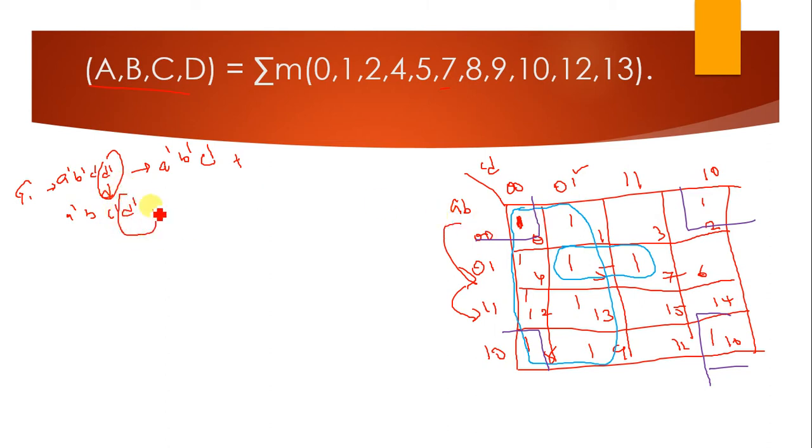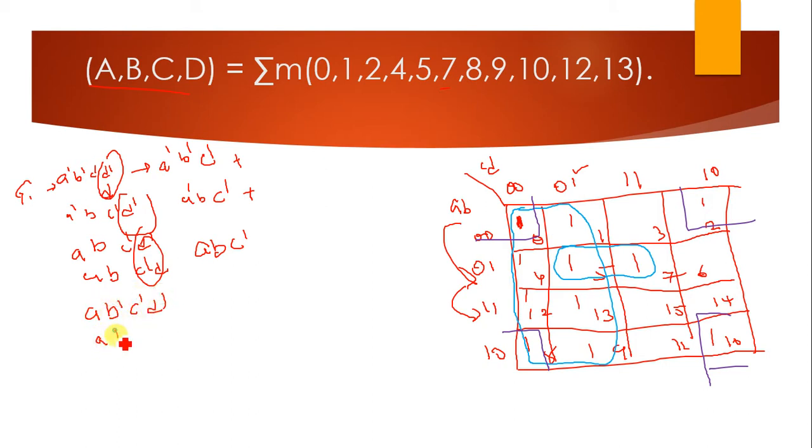Okay, eliminate them. That is AB C dash, AB, that is A dash B C dash. Plus the next combination, that is AB, and C dash D dash to AB C dash and D. So D has to be removed, leaving AB C dash. It's not A dash B dash, it is AB. Next one is AB dash C dash D dash to AB dash, C dash and D.